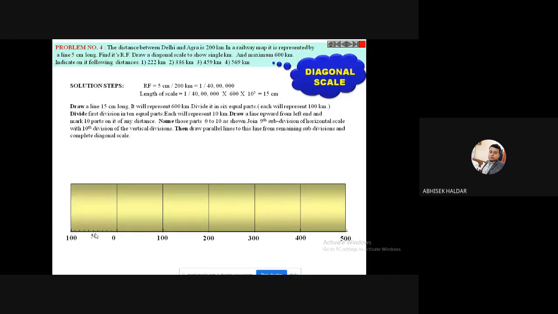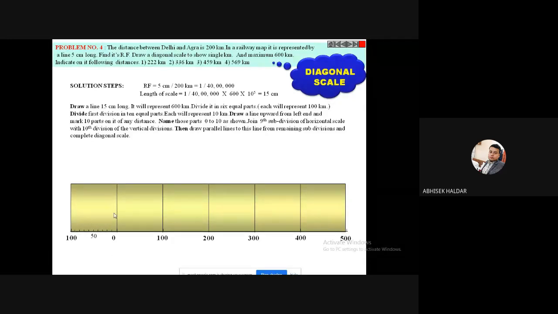Generally, you take the length of the first part as the height. Whatever I have discussed up to this, whatever construction I have shown, is a plane scale.